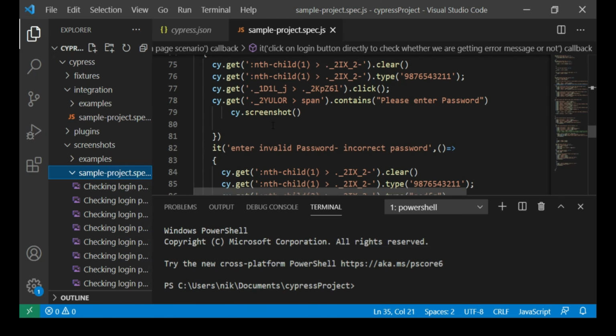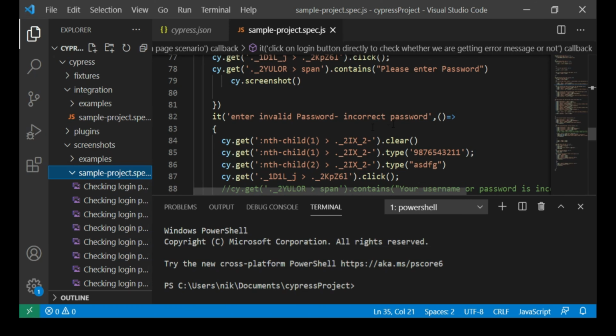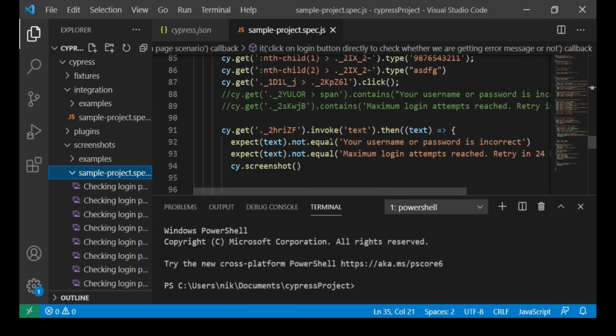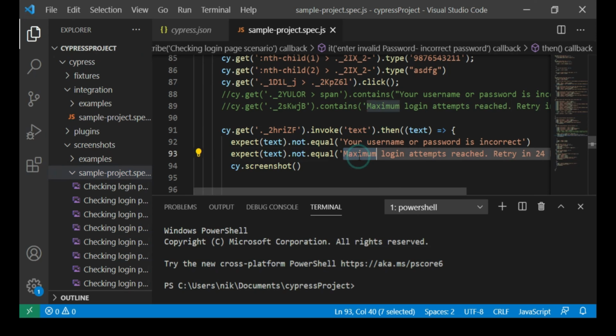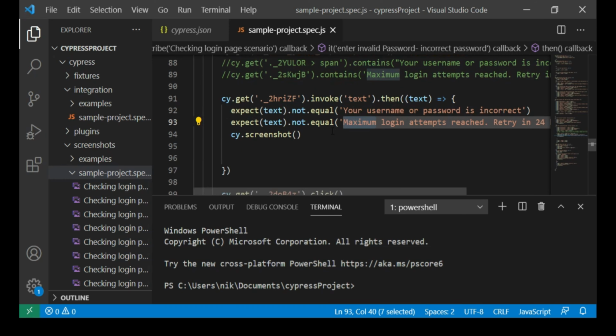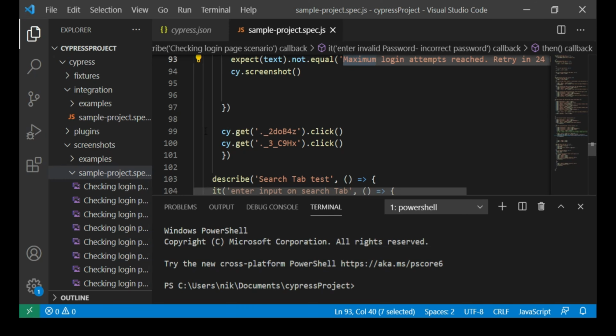And for another scenario, for clicking and typing is here, and if we have to check for multiple error messages, sometimes we are getting this error message and sometimes we are getting this one. So we can write it with the or command. This one is invoking the screenshot and giving the error message and other things. And this is the code for closing the login page, 4z, and this one is for landing back to the Flipkart main page.